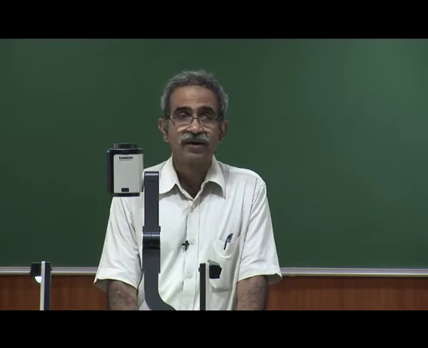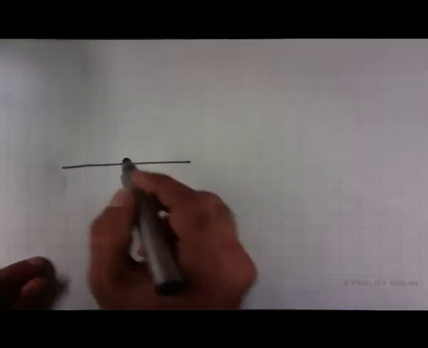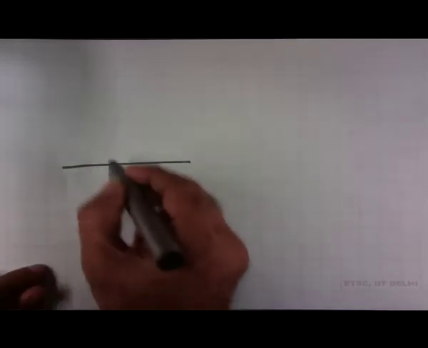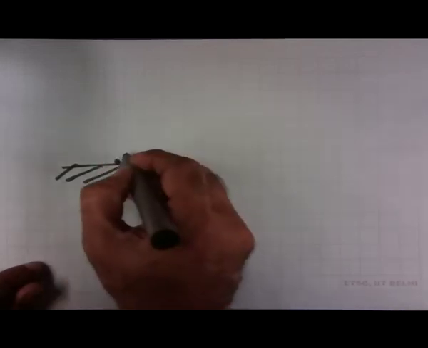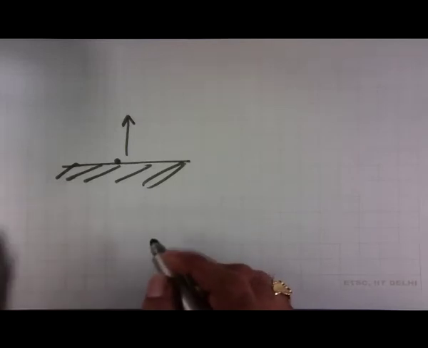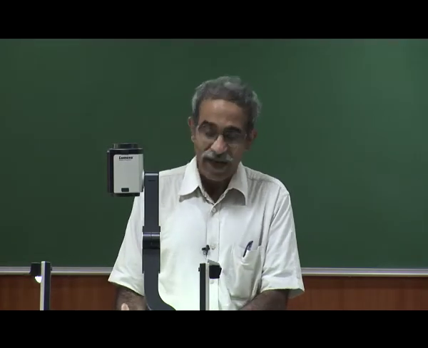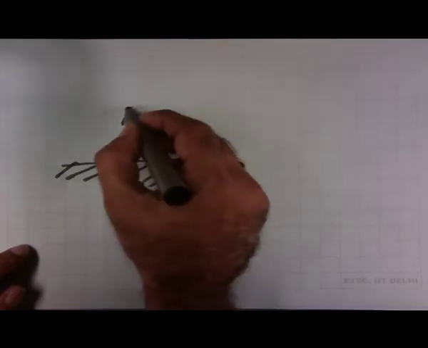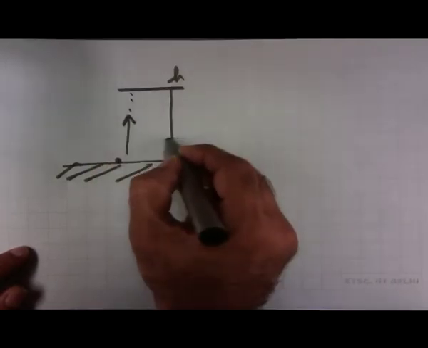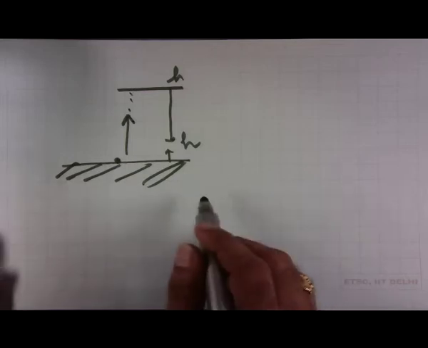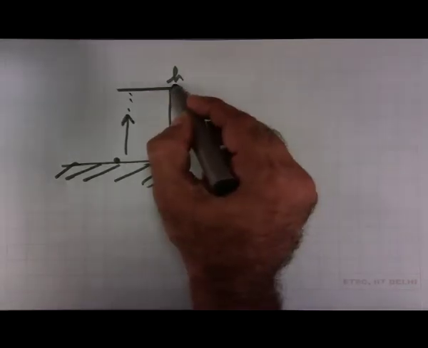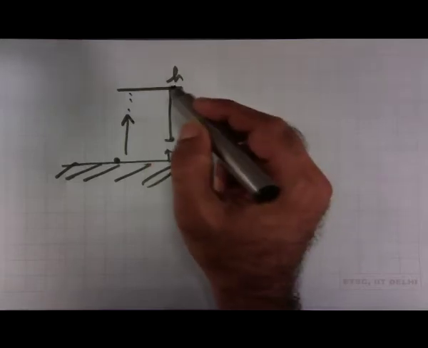The oscillation of a spring or the oscillation of a pendulum is not very different, for example, from the motion of a ball which is thrown up. So, the law of falling body. This is my ground. I take a ball, I give it a certain velocity and I throw it up. All of you know how to solve this problem, because we assume that the gravitational field is a constant. Therefore the acceleration is a constant. It reaches a maximum height h, and then what happens? After it reaches a height h, there it has zero velocity, and therefore it becomes the turning point.